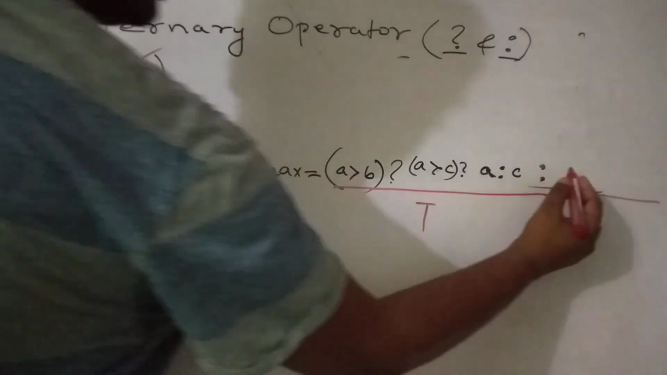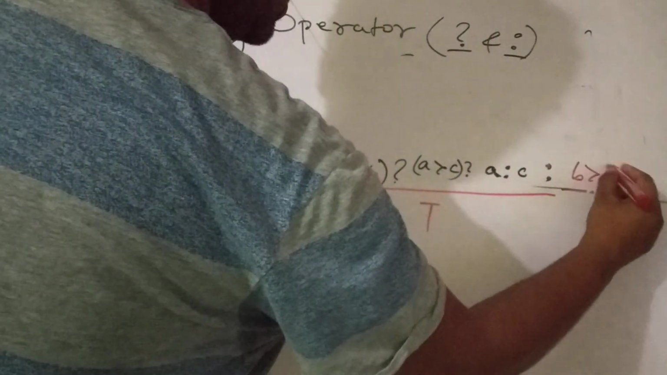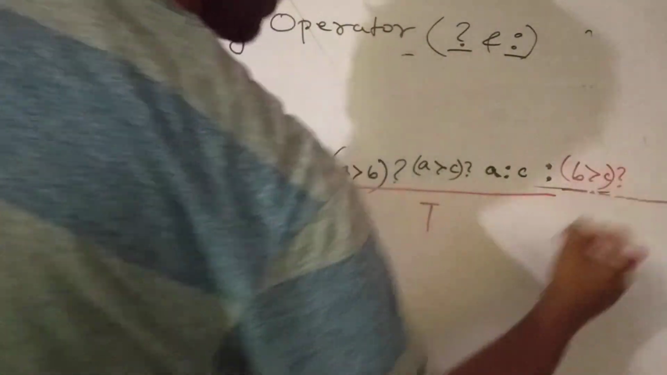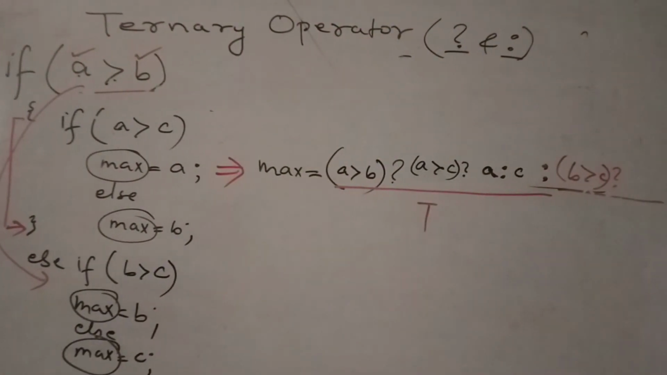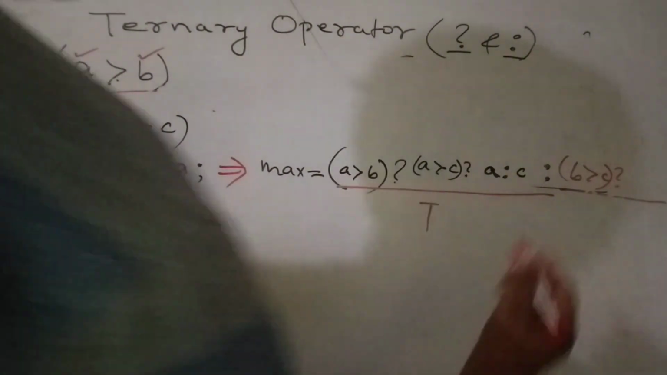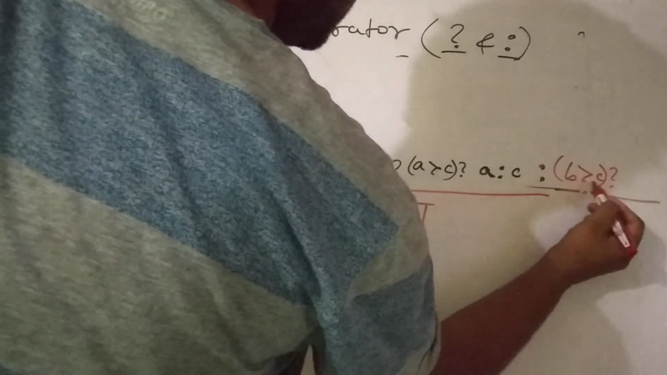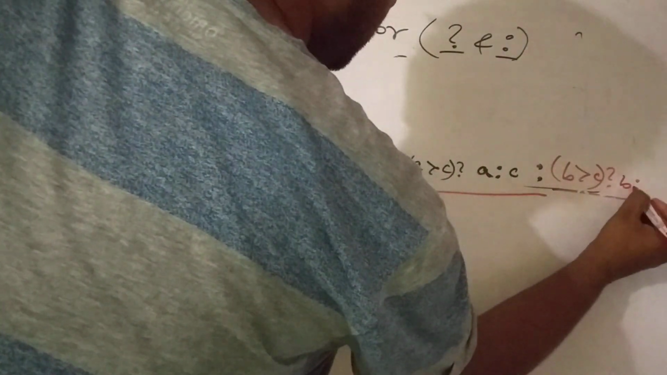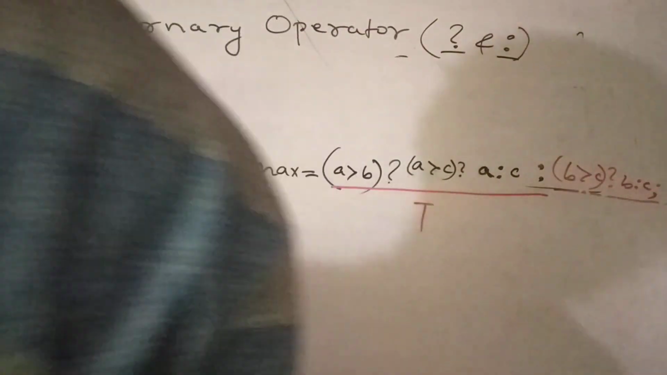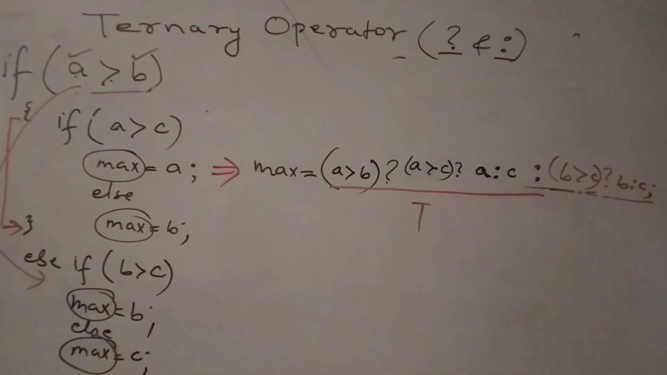Another condition. Come here. So B is greater than C, question mark. Then out here, you forget this. So if here we check, then either B can be greater or C can be greater. Clear? Either